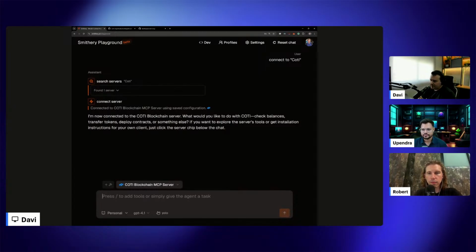Yeah, good question. Regarding the 721 and the ERC20, I got some examples from the COTI repository, the COTI templates. We have templates for private ERC20 and private ERC721. So what I basically did was generate the bytecode from those different contracts, and I'm using that bytecode to deploy those contracts on COTI.